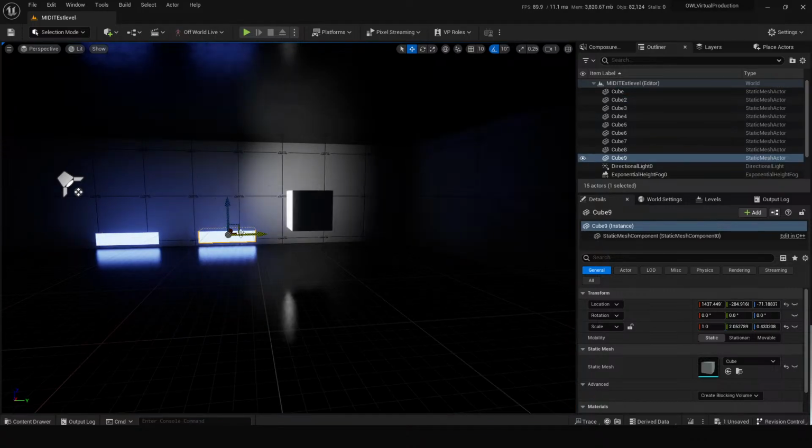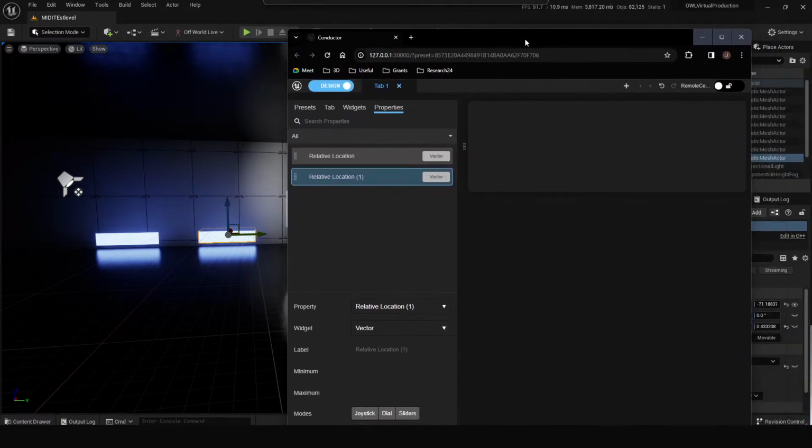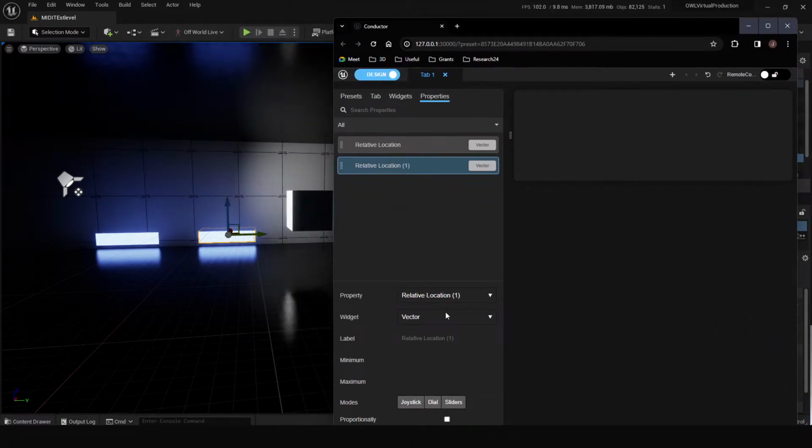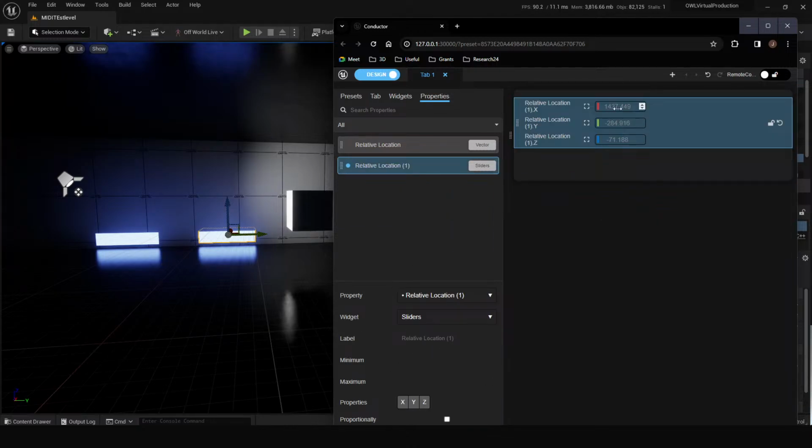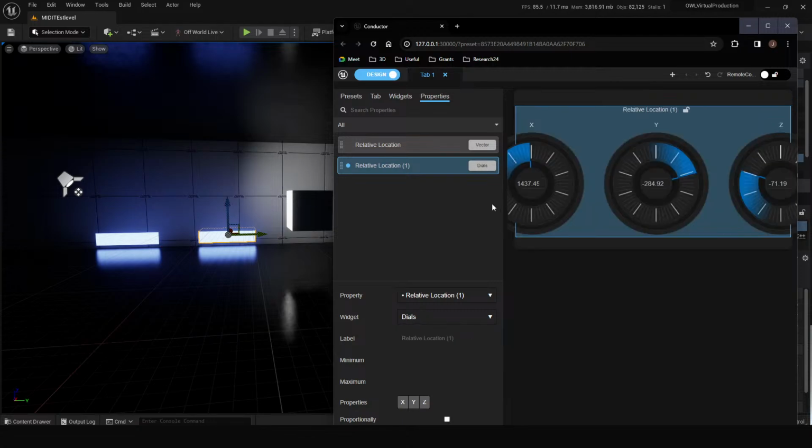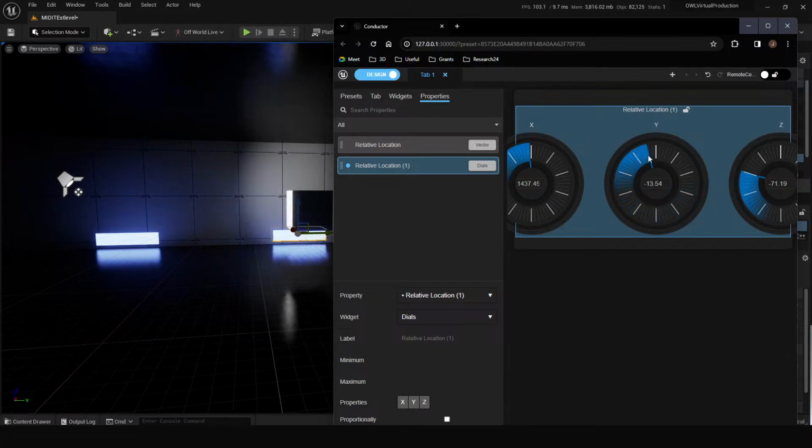Let's try that again with this cube. So go here, location. If we go here, relative location 1, and change this for a slider, maybe. Yeah, dials. Now from the web, I'm controlling this slider of where this is, which is really cool,